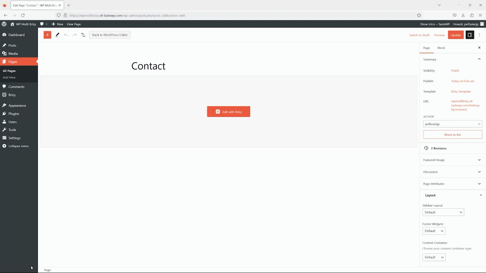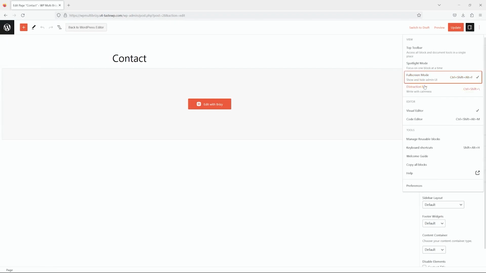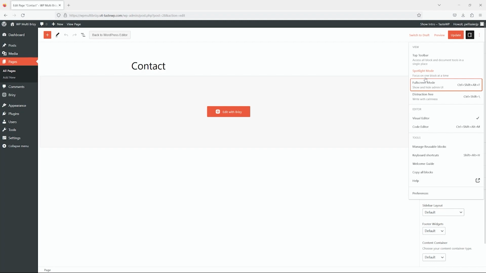And the reason for that is a setting I changed at the very beginning, which you can access here in the top right with the 3 dots at the options, and that is the full screen mode. If I activate the full screen mode, you will see that the navigation sidebar on the left and the WordPress toolbar at the top disappear. And that gives you just this page editor view. I like to have those two, so I usually deactivate it, personal preference. But if you want to work in the full screen mode, I just show you again where that feature is,